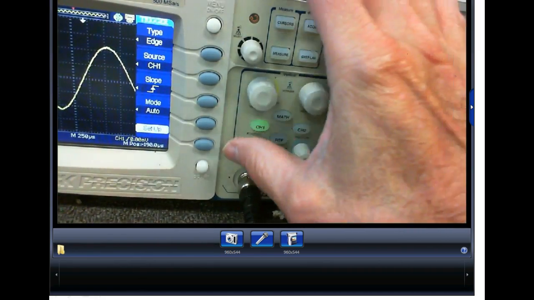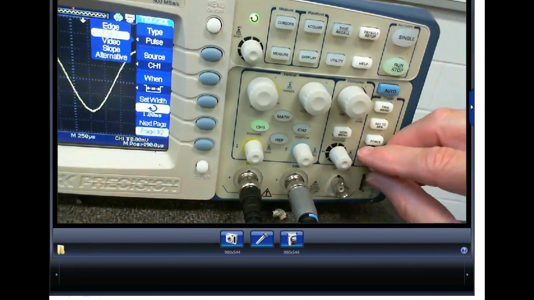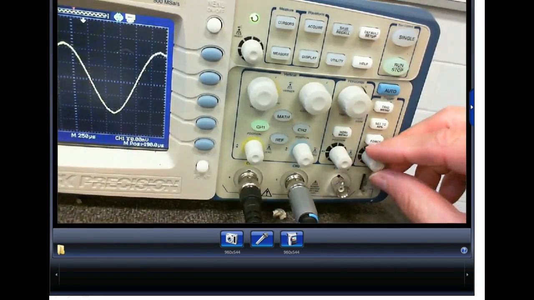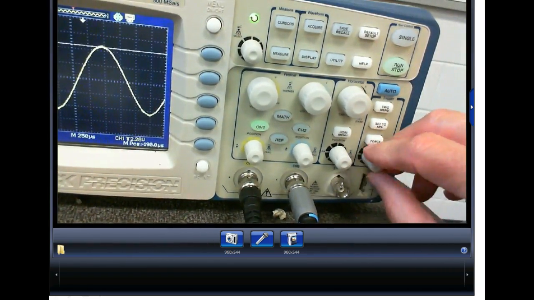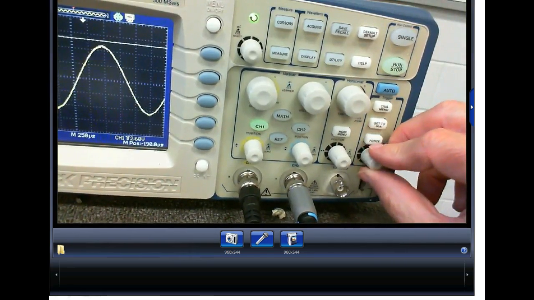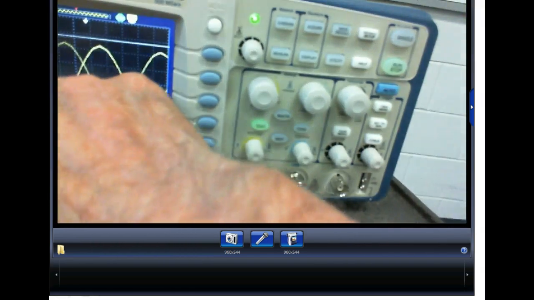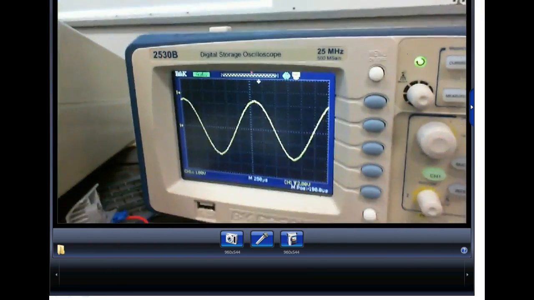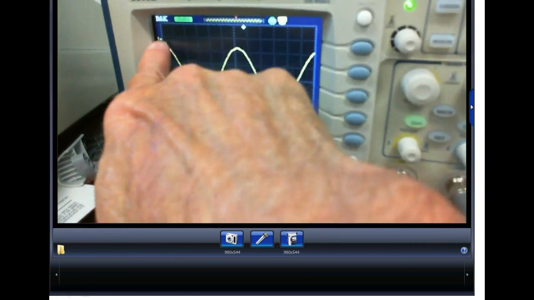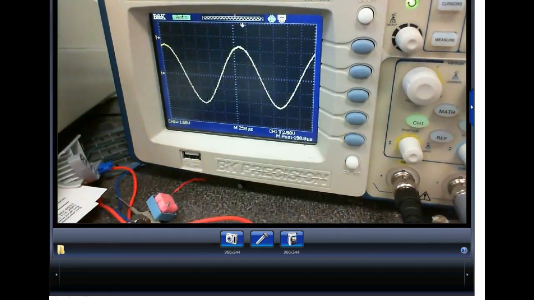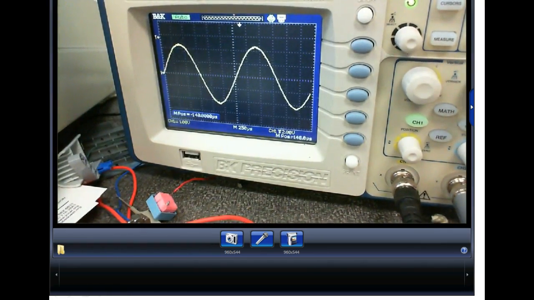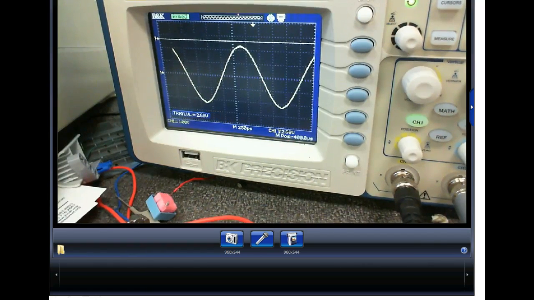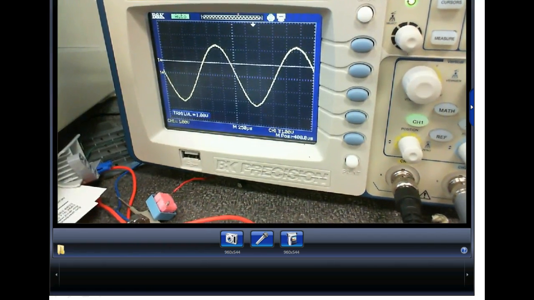What we do to synchronize the scope is we tell our scope to look at a certain voltage level. So right now it's out of sync. And what I like about these scopes is they show you where the trigger's at. So this says T. And notice when I move my trigger down into the signal, sorry, that's the position here. As soon as I move it down inside the signal,